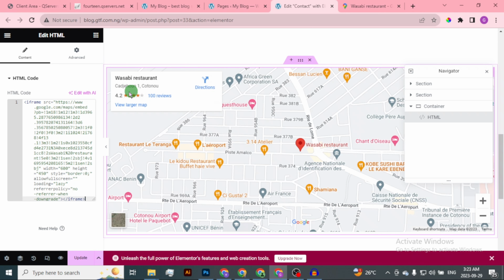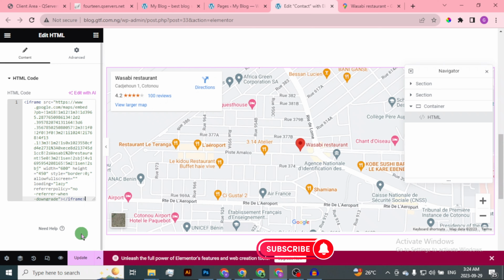So as you can see, it has appeared here, so one can click on it and get directions. And once you're done with that, go ahead and update your